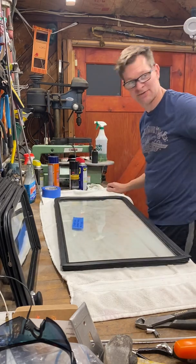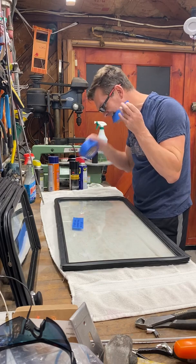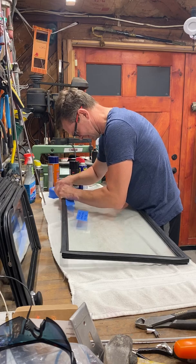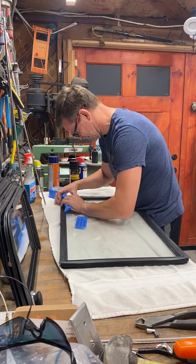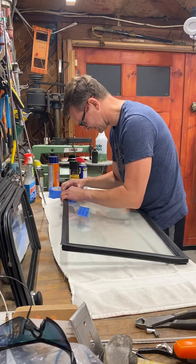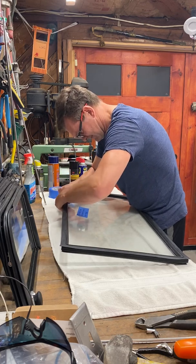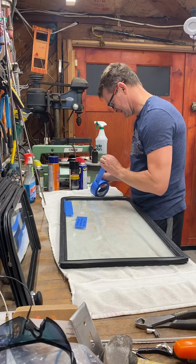I should have kept the other one. I have the other one over on another area. Anyhow, I'm doing this on both sides, on the outside and the inside. So you get it right next to the groove, and you push it on. And you're basically doing that